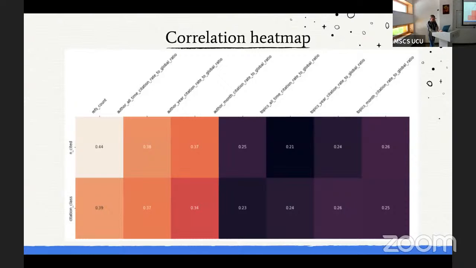A quick exploration of the correlation with the target value. You can see that the ref count, which stands for the number of references in the telegram, is the most correlated feature with the citation count itself, which is quite fun. It's like the more other telegrams you pick or tag in your work, the more you will get tagged later.